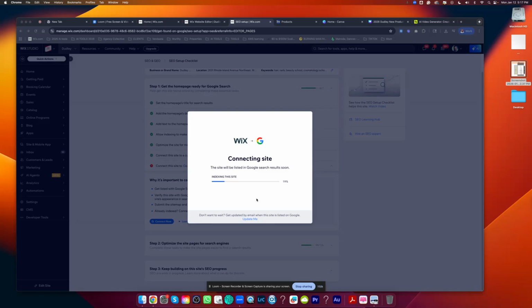It's indexing the site, perfect. And we're gonna SEO the shit out of this so that we're on the geo and then we're on the AI, and we're gonna start creating